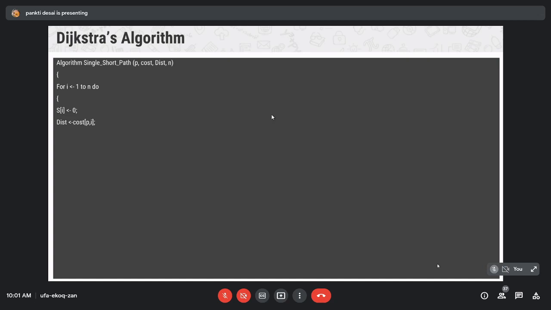Now what is dist? Dist is a set that stores the shortest path from the source vertex p. So initially the value of dist is the source vertex cost.